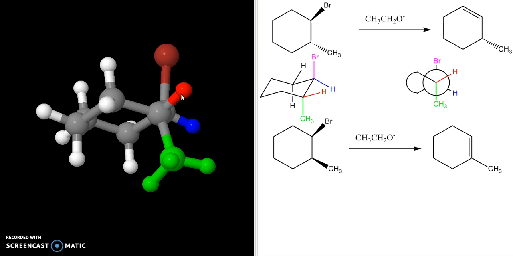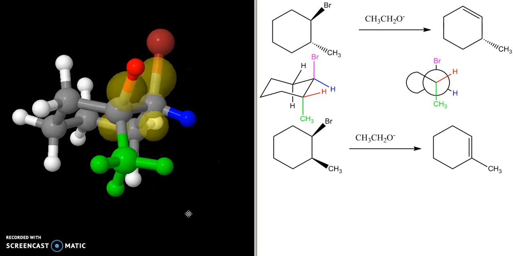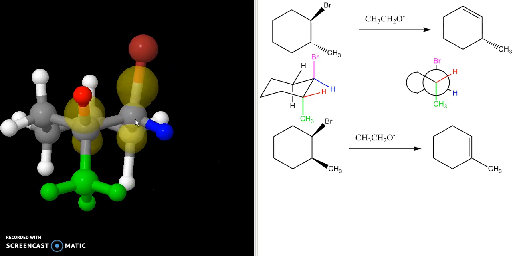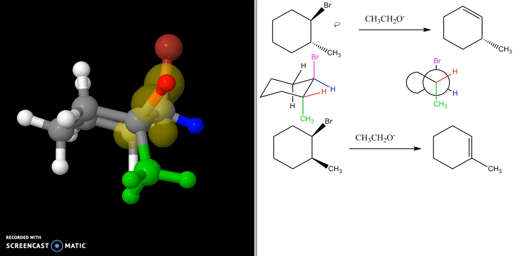If we look at the transition state of this reaction as it's happening, if we're trying to take this hydrogen to put the double bond in the more substituted position, what happens is, as this bond starts to break, a p orbital starts to form. As this leaving group starts to leave, a p orbital starts to form. And what it looks like is something like this, where I can start to see the p orbital starting to form here, the p orbital starting to form here,